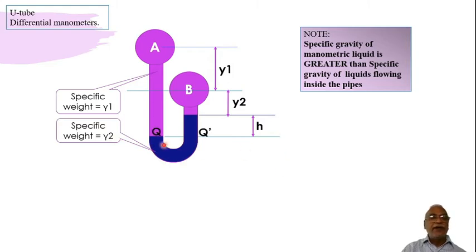Now the specific weight of the manometric liquid will obviously be different, gamma 2. Now I have identified Q and Q dashed in such a way that they are in the same continuous fluid medium, at a horizontal level. Because of that, I can say whatever pressure at Q is there, the same pressure would be there at Q dashed. Here also there is the same level, B, and then we'll say a point M,